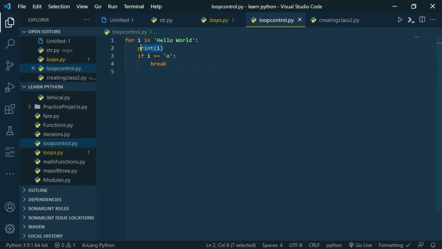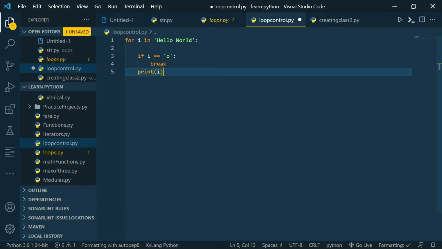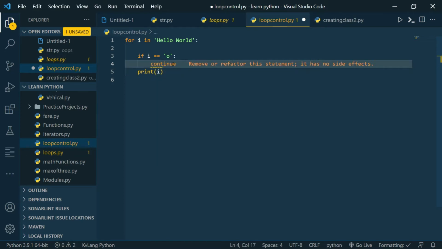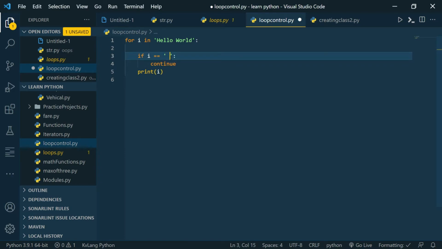So to execute the continue statement, we must use this print statement after this condition, because if you want to skip that iteration, it will be better. If you print i before checking the condition, it will already print i, then check the condition, so it will be a problem. So we'll say continue if I don't want to print that space.